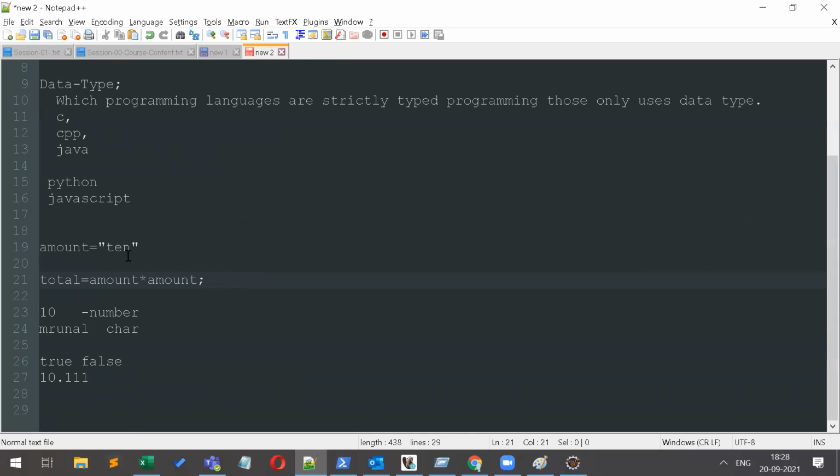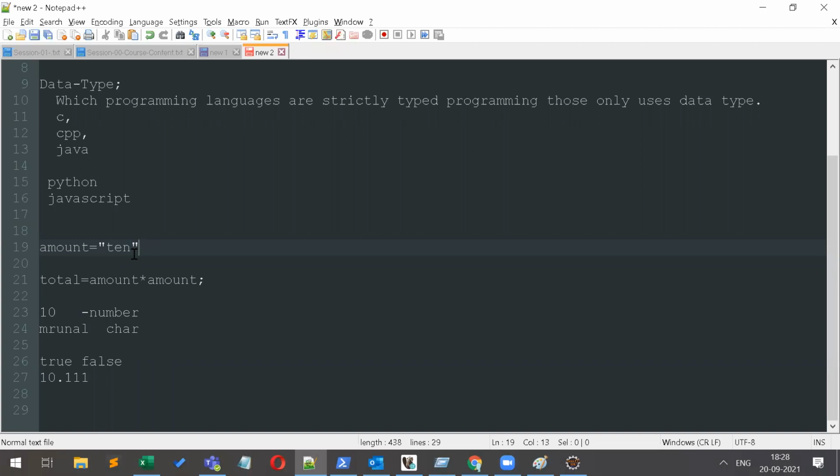100. How will it be? Because this is a character, then it will work. No, sir. It will give an error. Vaishnavi, will it work or not? Obviously it will give the error. So in Python or JavaScript programming languages, they don't specify any data type. After the project creation or after the program writing, it will give the error.